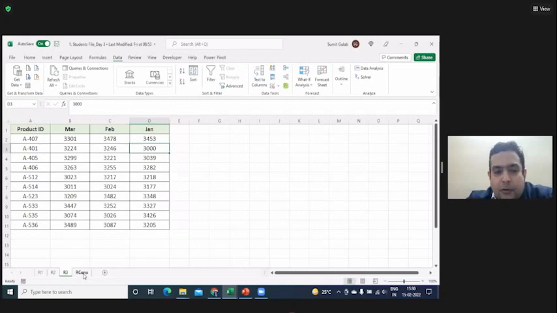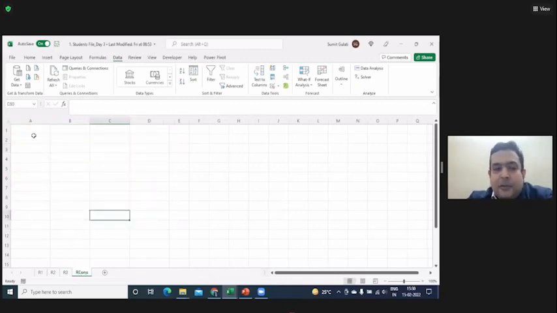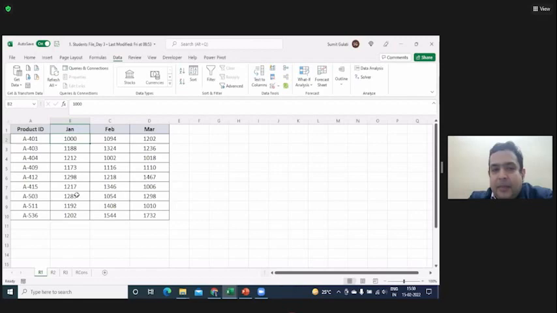Now you have to consolidate this sheet here. That means you want A401 and in front of it, 9,000 should come in, so that you are able to present to the management and tell him, see, this is the exact status across Pan India. Is it easy to compile it this way? Because they are not in order, and you cannot change the data. Some of us may say we'll sort it or put a filter. No, we cannot change the data. Data will remain like this because that is how it has been compiled.